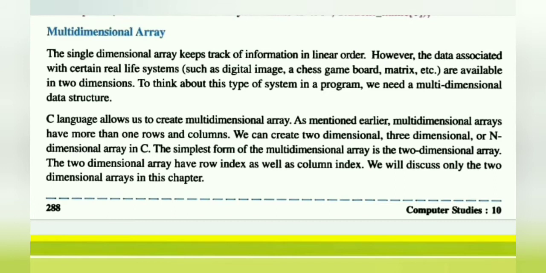So same as here also, we will use 2 sizes. One is for the row and one is for the column. So how many rows and columns are required, we have to say there, and 2 loops are also required here to store the data with their index, row and column number.